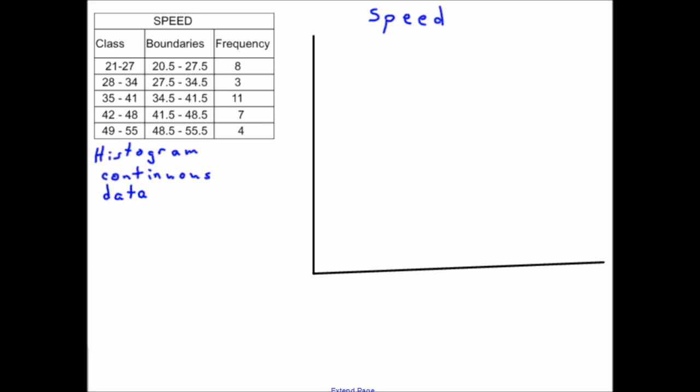Now, notice the largest value here is an 11, so I want to make sure that my highest value includes at least that. And I would probably myself go in steps of 2: 2, 4, 6, 8, 10, and then 12. 12 covers enough, and they're nice values. The speed goes down here on the bottom,